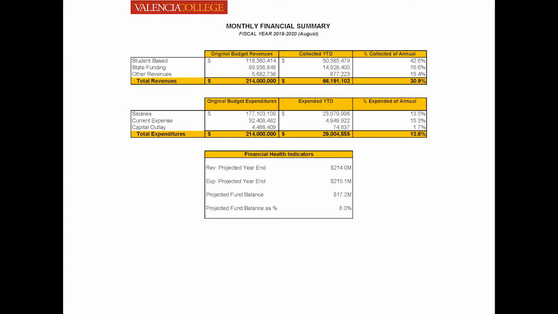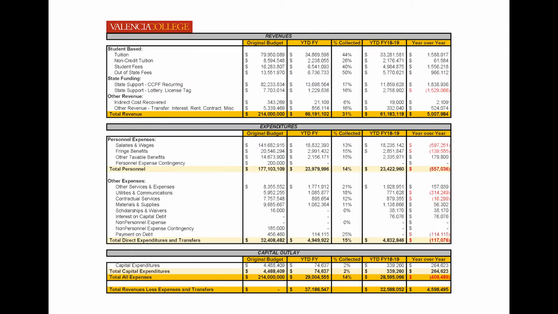Also included on the report is a summary of financial health indicators. This section provides an estimate of relative differences to budget, our estimated Fund 1 balance, which is a reserve that is created by the net difference between revenues and expenses, and a percentage calculation that enables us to adhere to statutory requirements. Quite often, the meeting will cover just the summary, but note that we have much more included.